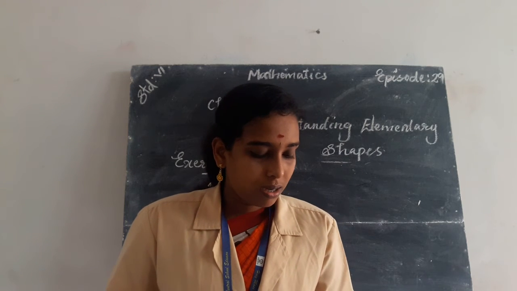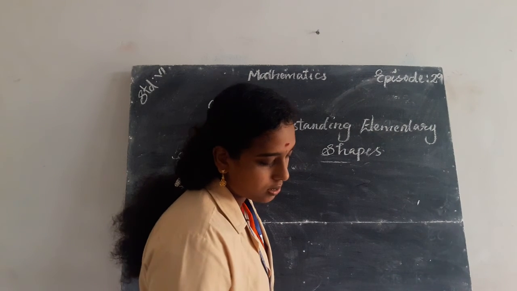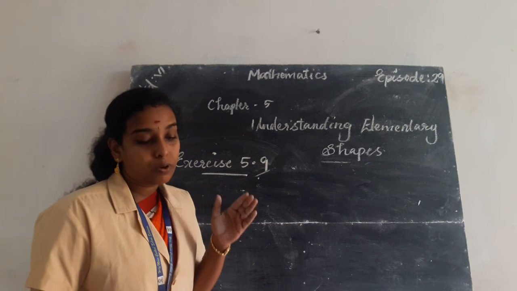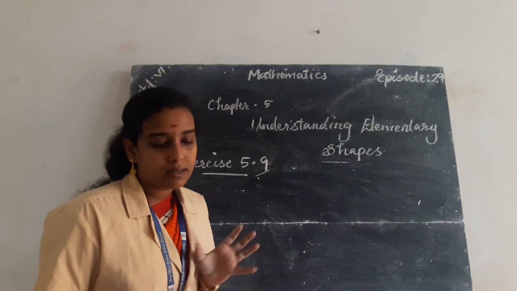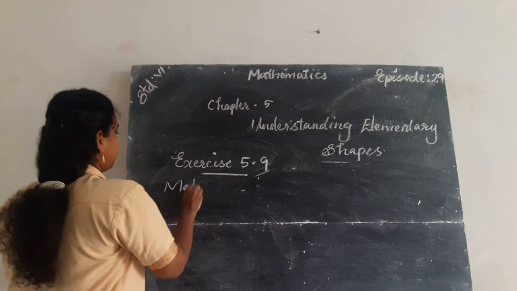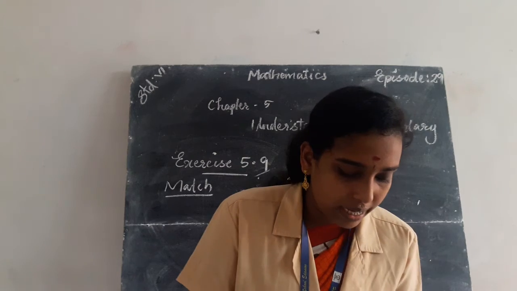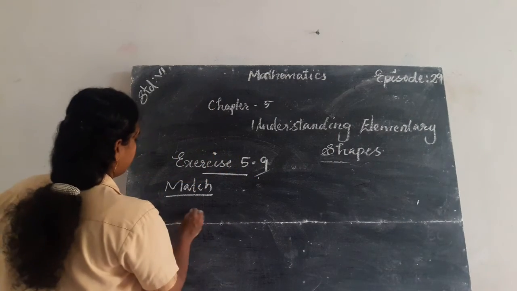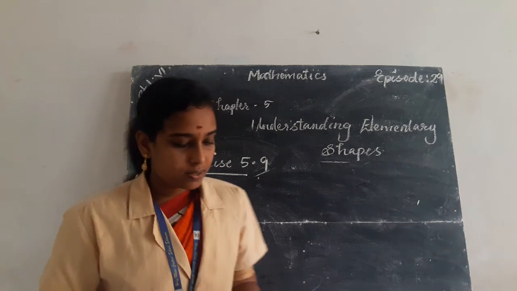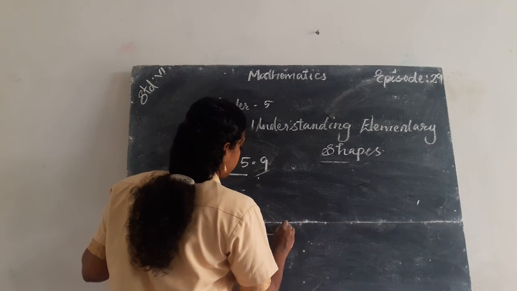Okay. So based on the solid shapes, the 3-dimensional shapes, is exercise 5.9. Exercise 5.9 is based on these shapes. The first one is a simple exercise, we just identify the shapes. And the first one is cone. So which one indicates a cone? Like this. So A is matched with option B.